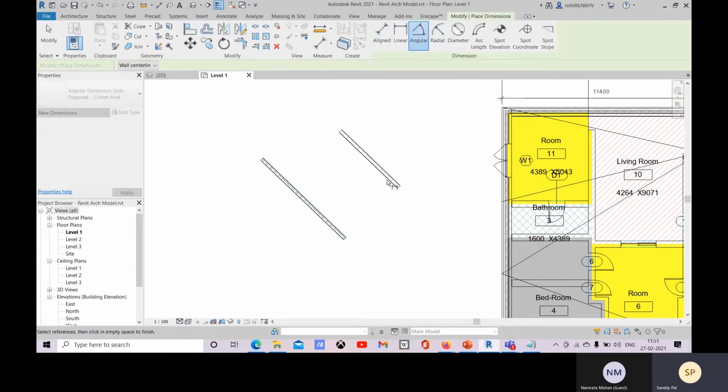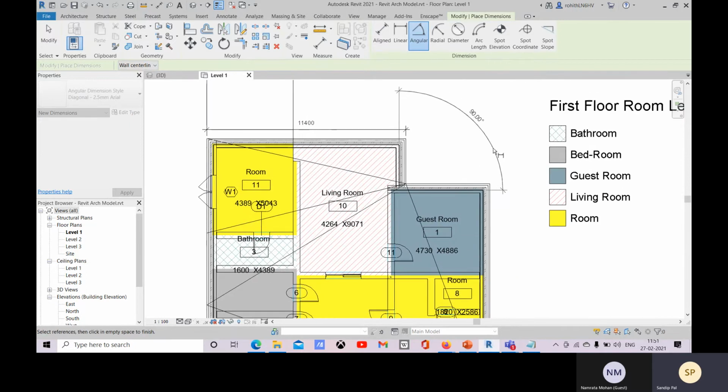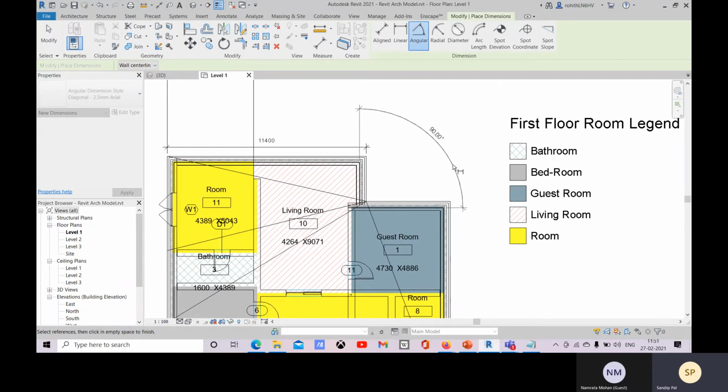So you can mention the angle. Right now let's go with DI, and angular, select this wall and this wall, and it will show that this is perpendicular, or 90 degrees. Here you can make it face of core.